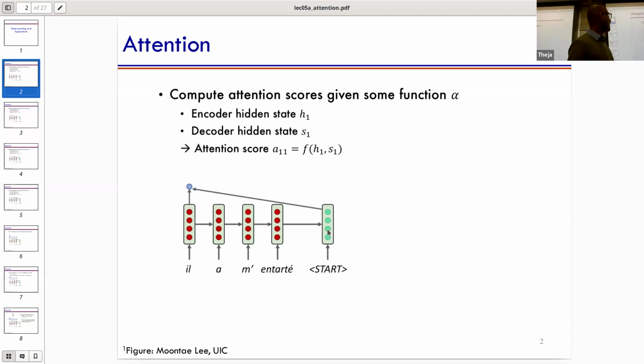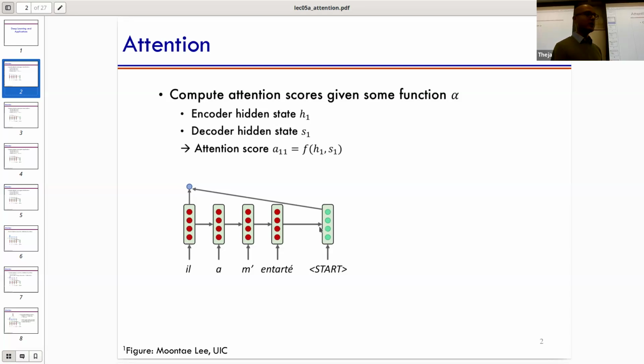So instead, what we're going to do is apply this attention computation. Again, the goal is to focus on other hidden vectors whenever needed. So maybe the first word generation depends on the first hidden vector. That is what we're trying to enable. So what is the mechanical computation here?